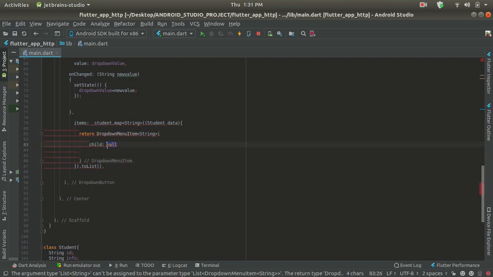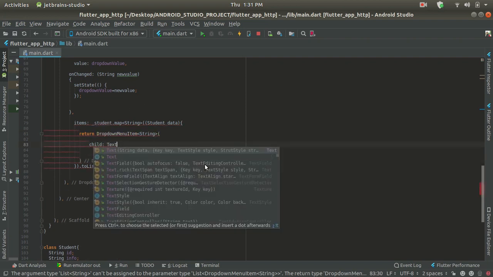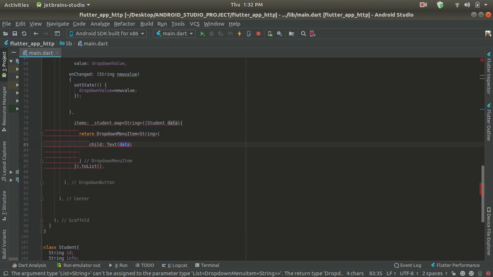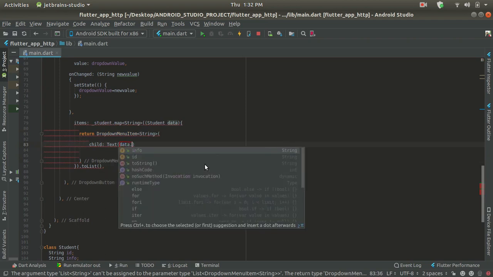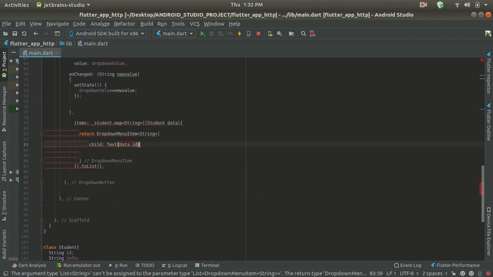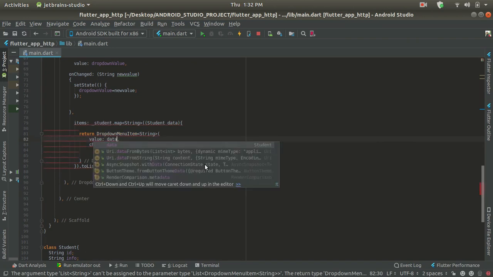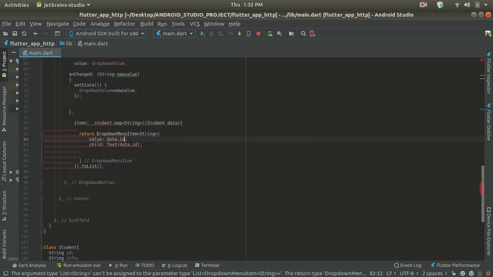Inside this child we are going to provide Text, and this text as data.id, and we are going to provide value equals to data.id over here.